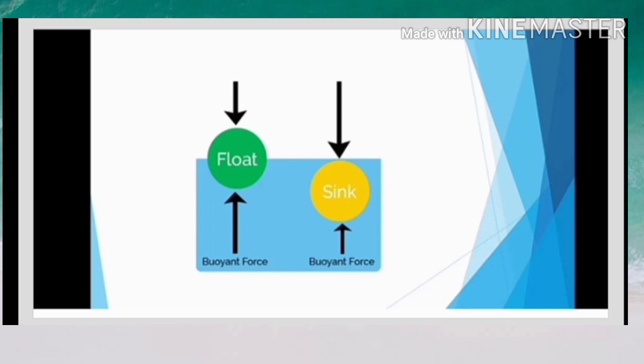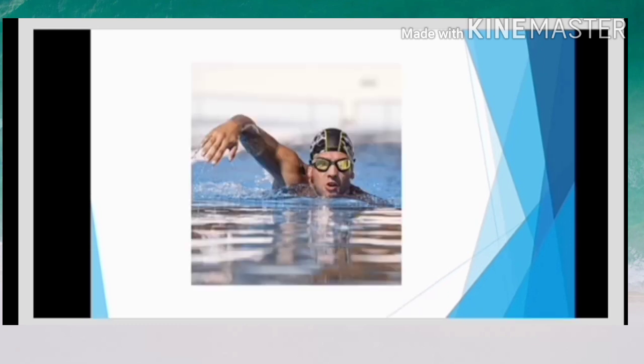The iron nail sinks in water, but why does the massive steel ship float on it? When an object is dipped in a liquid, a buoyant force acts on it, and hence it appears that the weight of the object is reduced. So you know it becomes easier to swim in sea water than fresh water. This is because the density of seawater is higher than the density of fresh water due to salt dissolved in seawater.